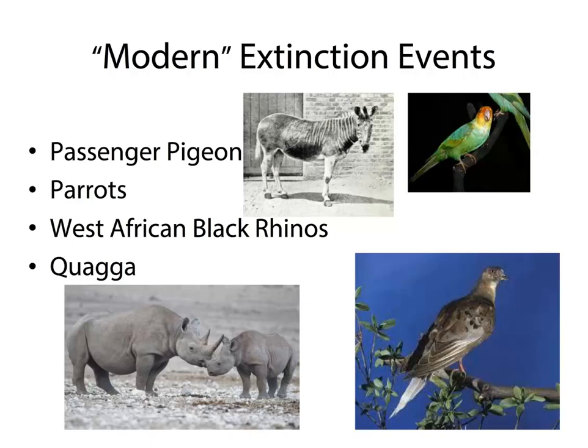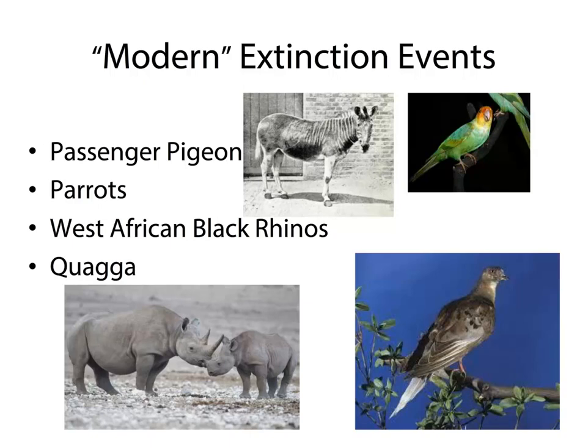But eventually, you may not realize this, the invention of the refrigerated train car is what caused them to go extinct, because people would then hunt them to the point of reckless abandon, and they would ship them and sell them and make a ton of money. But as they did this, they weren't paying attention to population sizes, and the passenger pigeon populations became dangerously low, down to the point where there was only one passenger pigeon left, and her name was Martha, and she was in a zoo. Can you imagine how sad it would be to be the last of your species? Oh my goodness. But eventually Martha died in the early 1900s, I believe, and so then passenger pigeons became extinct.